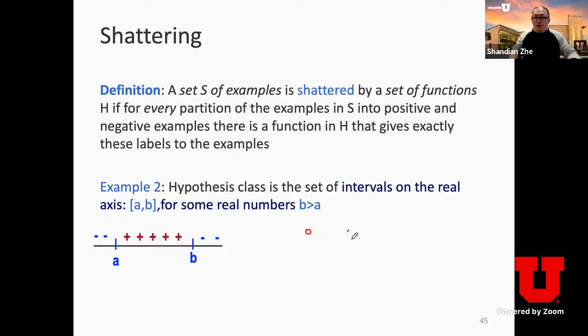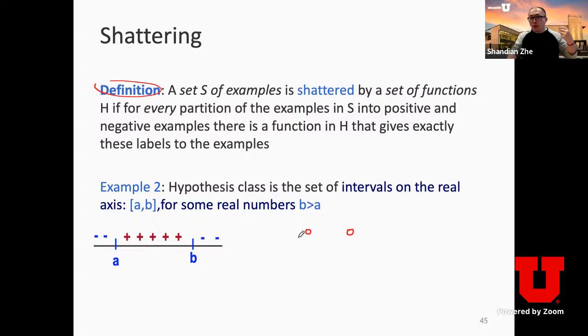Intuitively, yes. I don't know if you have drawn something on your paper and checked out all the possible cases. But here, as a practice, I will do this with you together. This is very simple, but it is just to solidify our understanding of the definition of shattering. So I can pick arbitrary 2 points, to check if our interval hypothesis space can indeed shatter these particular 2 points.